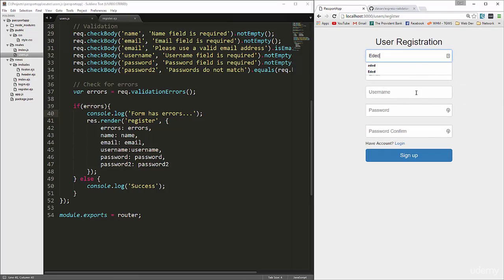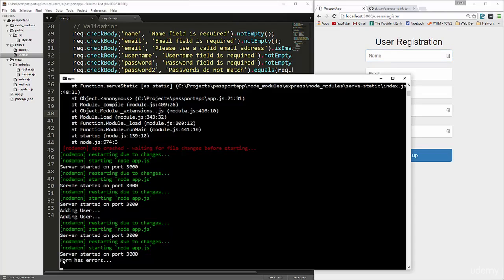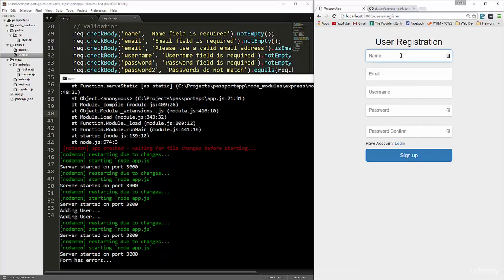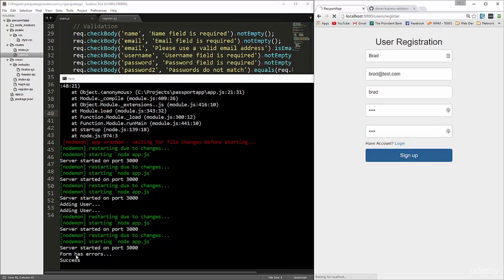And let's just fill some of this out. I'm not going to do a matching password or a valid email. So if we say sign up and we look at our console, you'll see it says form has errors. Alright, if we do this right, we get success. Alright, now when the form has errors, we want to let the user know that, and we're